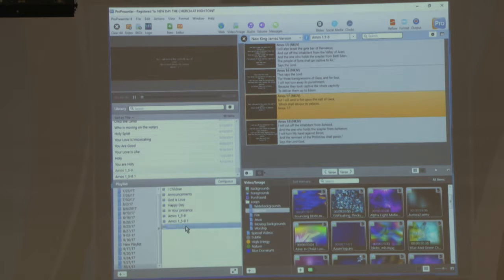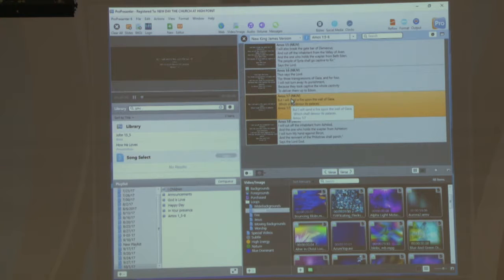And so if you're searching, if you go to the library and hit search and do a different one other than Amos, like John 3:16, if it's something we've used before,